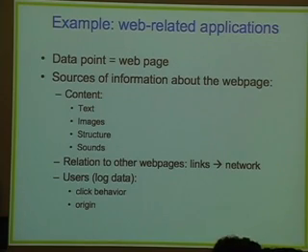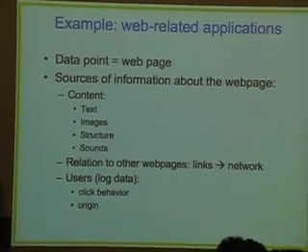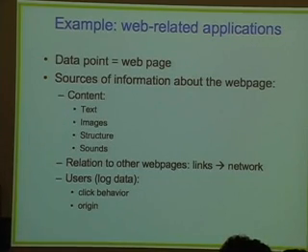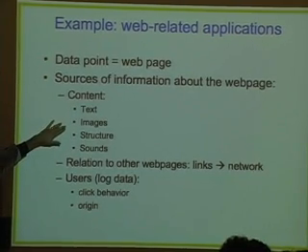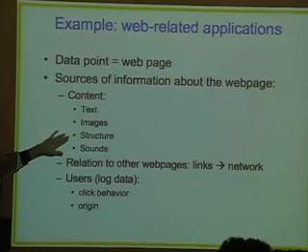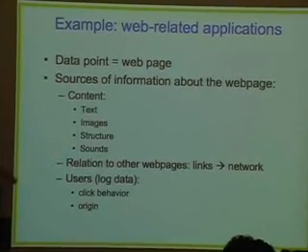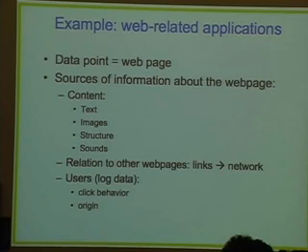Now what you can use to classify this web page is all kinds of information. You could look at the text which is available in that web page, but maybe the images present in that web page might also tell you something about that. It might be the specific HTML structure of the web page. There might be sounds present in the web page. Also, you might know something about the link structure of the web, which tells you which web pages this page is linked to, and you might want to use that information to predict the topic of the web page. Or you might have log data about users coming into the web page, know which domain they actually come from, and know which link they use to actually leave the web page.